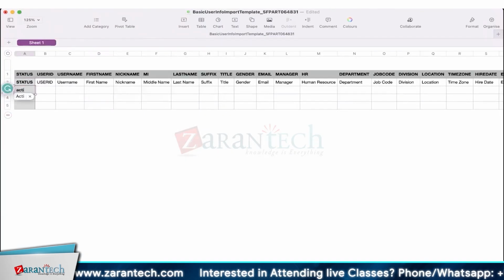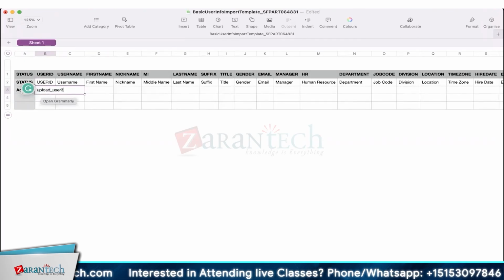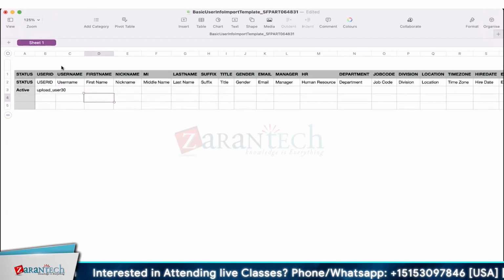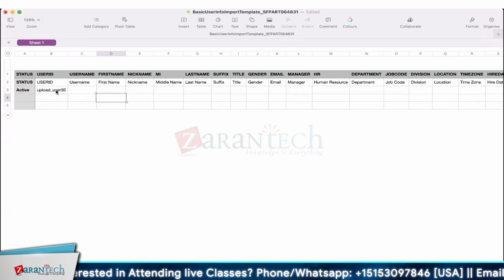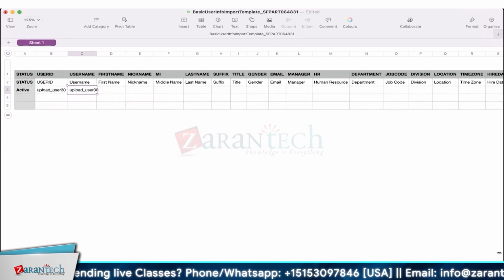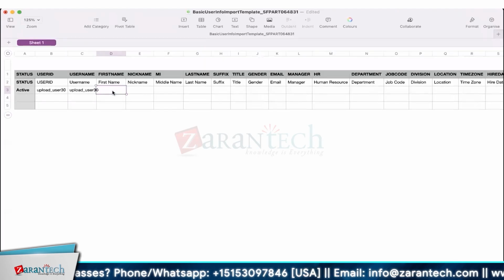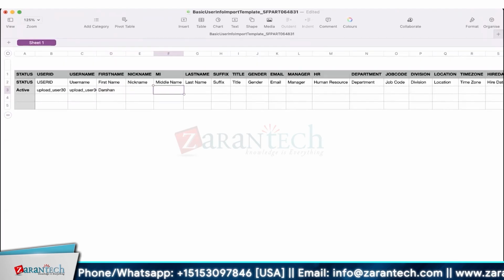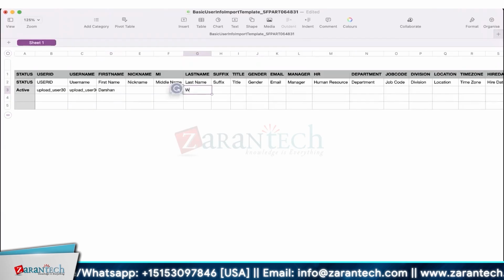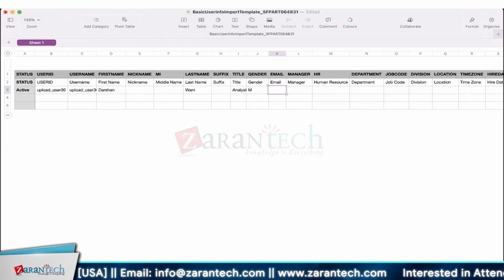So status as active, user ID, I can just give it as upload user 30, right? Upload user 30 is what I'm giving as the user ID. And the same is what I would like to give as the username. And then the first name, I'll just take something fresh. Just taking one participant's name, and the title as say analyst, gender as male, email ID